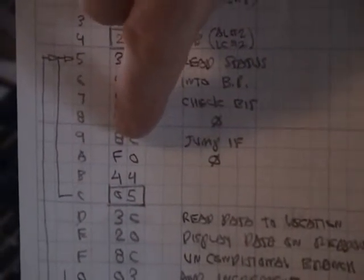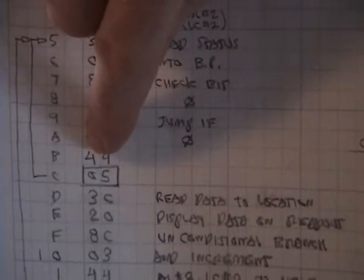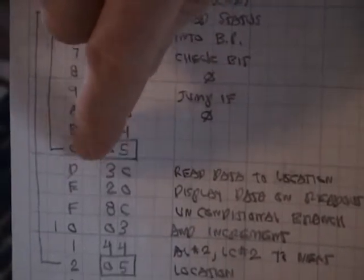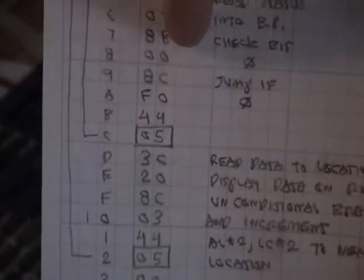Then this is setting up a branch instruction to branch if it's not set, so it's waiting for it to be set. And then this is the actual branch or jump instruction, during which it checks that condition. If the condition's met, it's going to jump off to 5. If you look at that, it goes back here and it checks the status again. So this just sits in this loop, waiting for information to arrive at the serial port. Once it's got something, it falls through the loop when that bit is set,